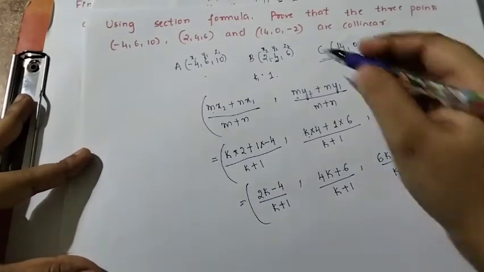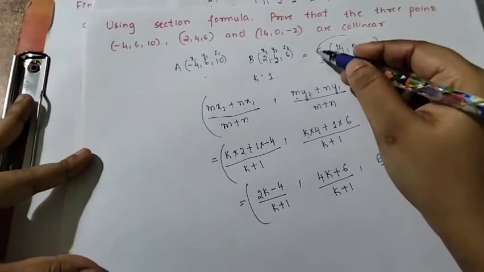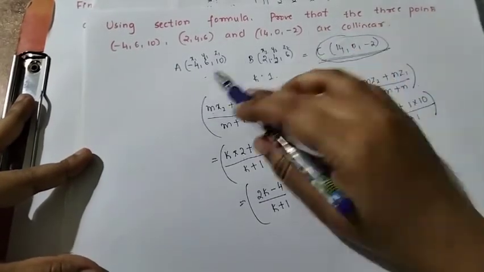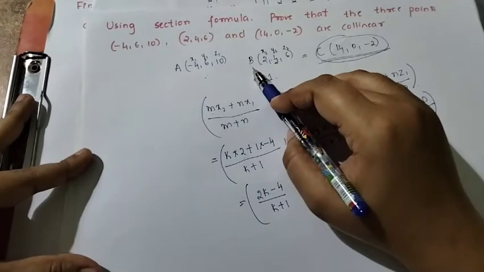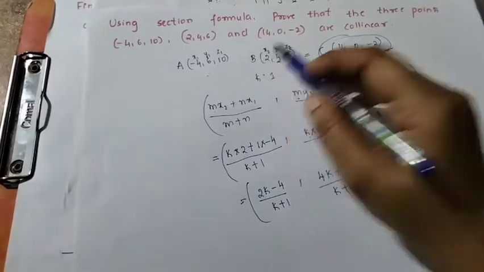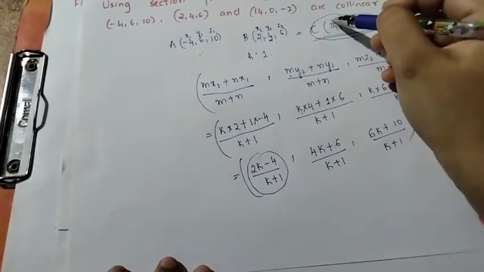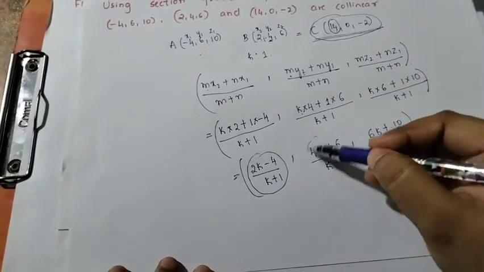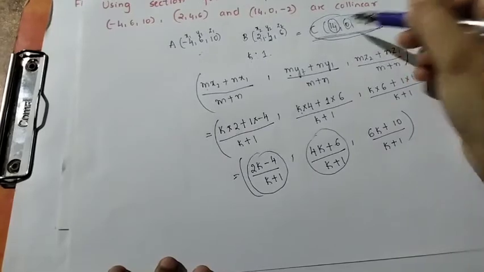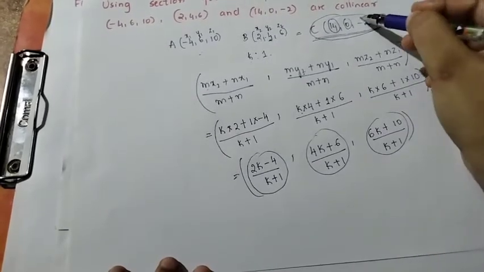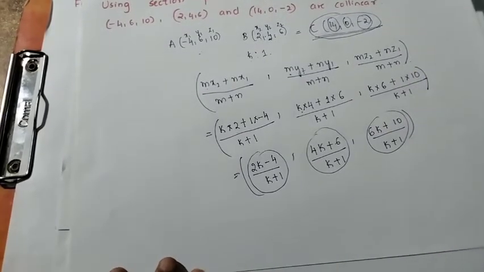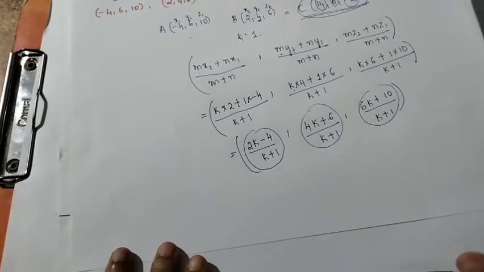Okay, I equate this AB to the point C. That means what? C will coincide with the point AB, I will consider. So whether it comes correct or not, I have to take. This is equal to the first coefficient, that is 14. This is equal to the second, that is 0. This is equal to the third one, that is minus 2, we have to take. Okay, by taking any one, first let me find the ratio.